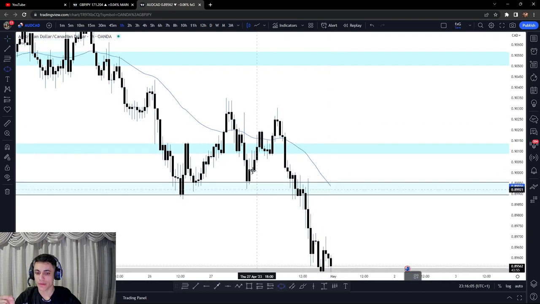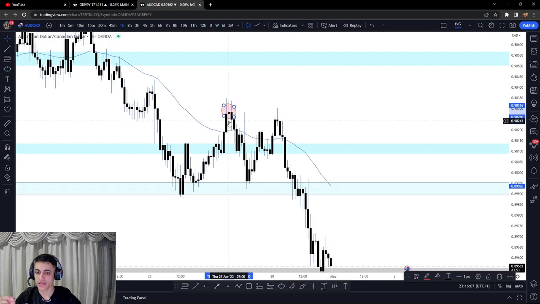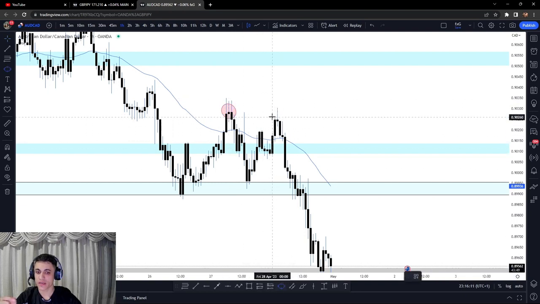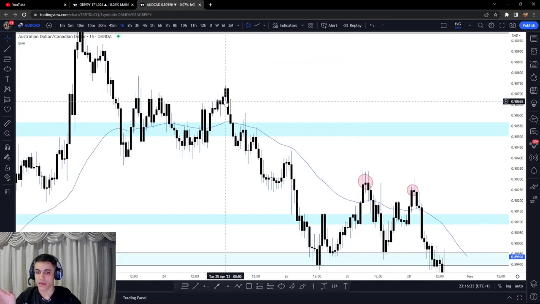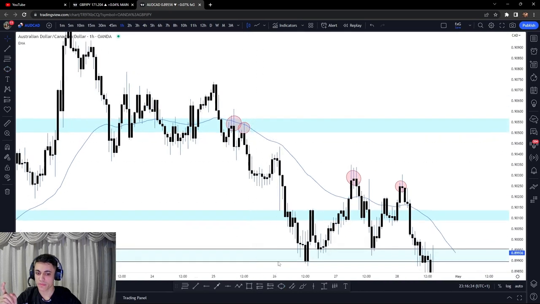So look what happened here. That's a level. This right here, this candle, is a reversal candle. This right here is also a reversal candle, right? And then the following candle was a bearish engulfing. You could have entered a sell, boom, or waited for the break under the EMA, which is even better. Right here, beautiful break, retest, then rejection of the EMA, boom, another rejection of the EMA, bearish engulfing, and then